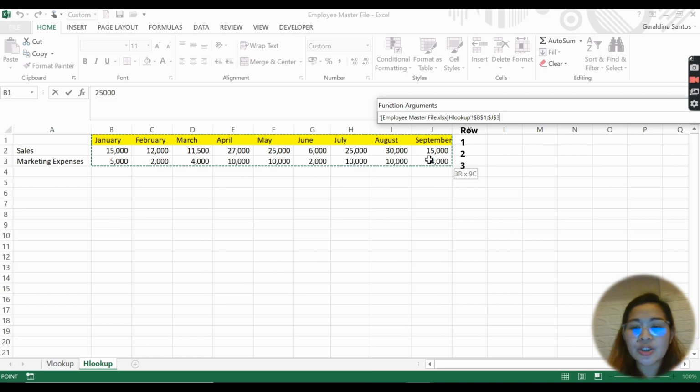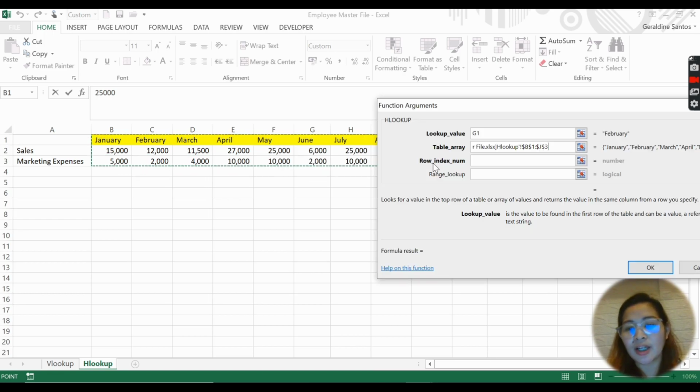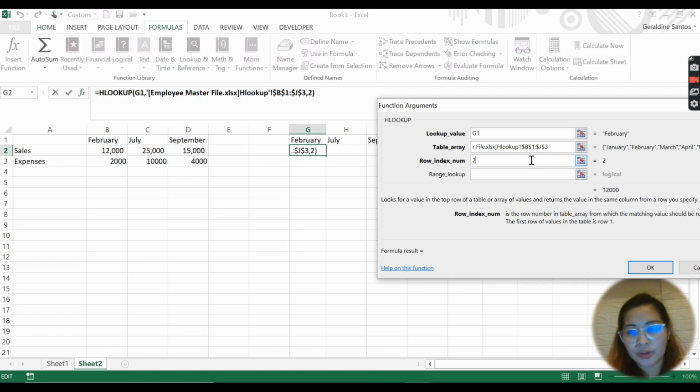And guys, from getting the source, you should know what you are looking at. It is in row number 2. You are seeing it, right? 2R times 2C means 2 rows, 2 columns. So I'm looking for the sales for 2. So highlight all. And then I need the row 2. I'll put 2. Then I put 0.